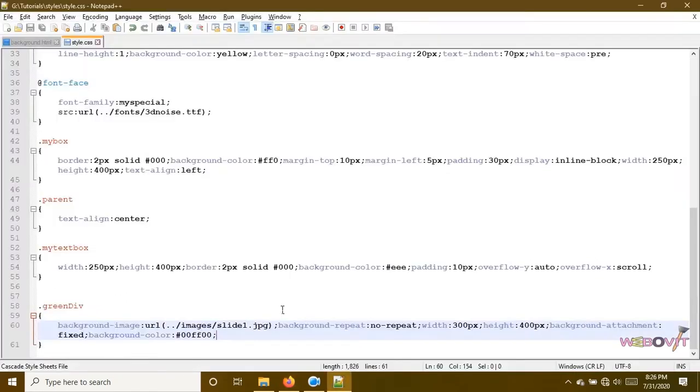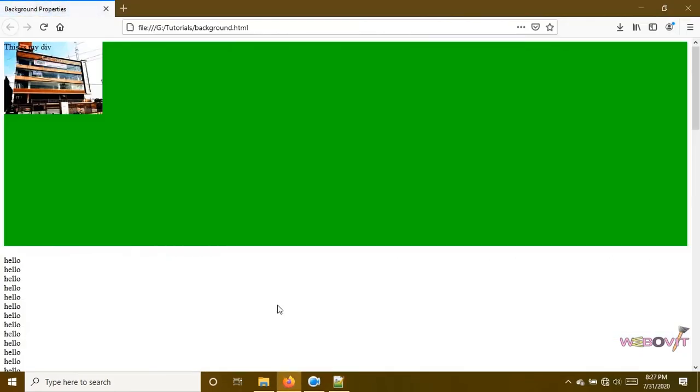Now suppose I am having this div and the width I want is 100%. The width is 100% and the height is 400 pixels. Now I want this background image to be full screen of this one div.